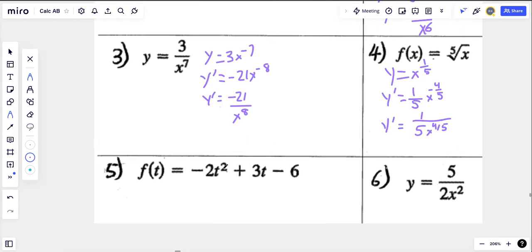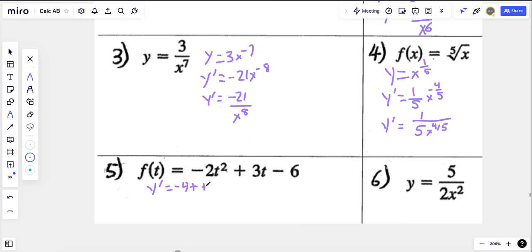Okay, and then for this one, make sure you're paying attention because they put it in terms of t here. So y prime in this case would be, if you use power rule, the 2 comes down here, so negative 2 times 2 is negative 4, and then this 2 is reduced by 1, so it becomes just 1, so it's negative 4t to the 1,